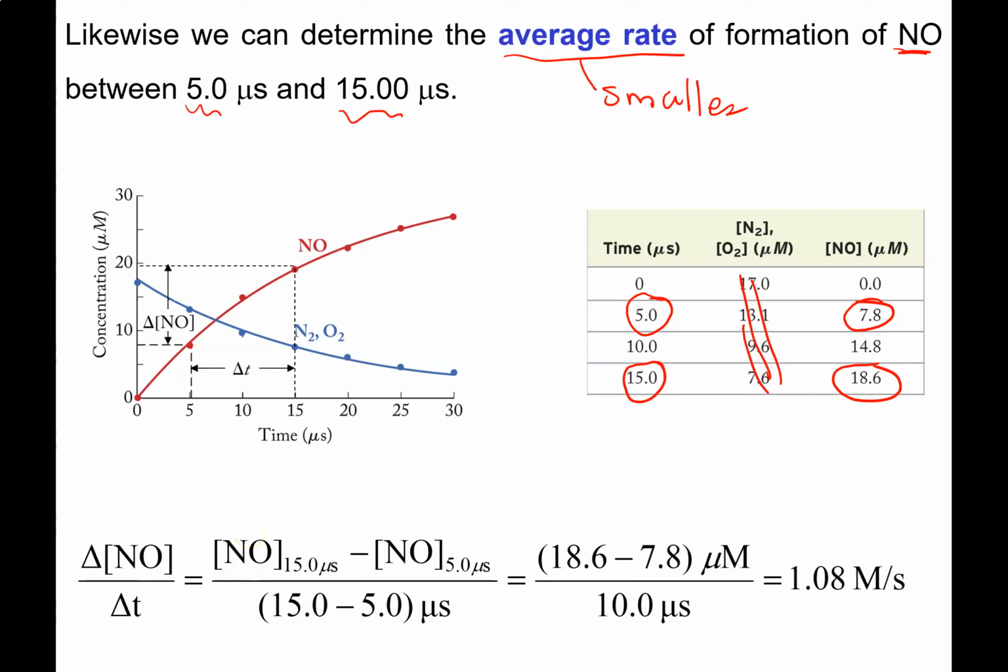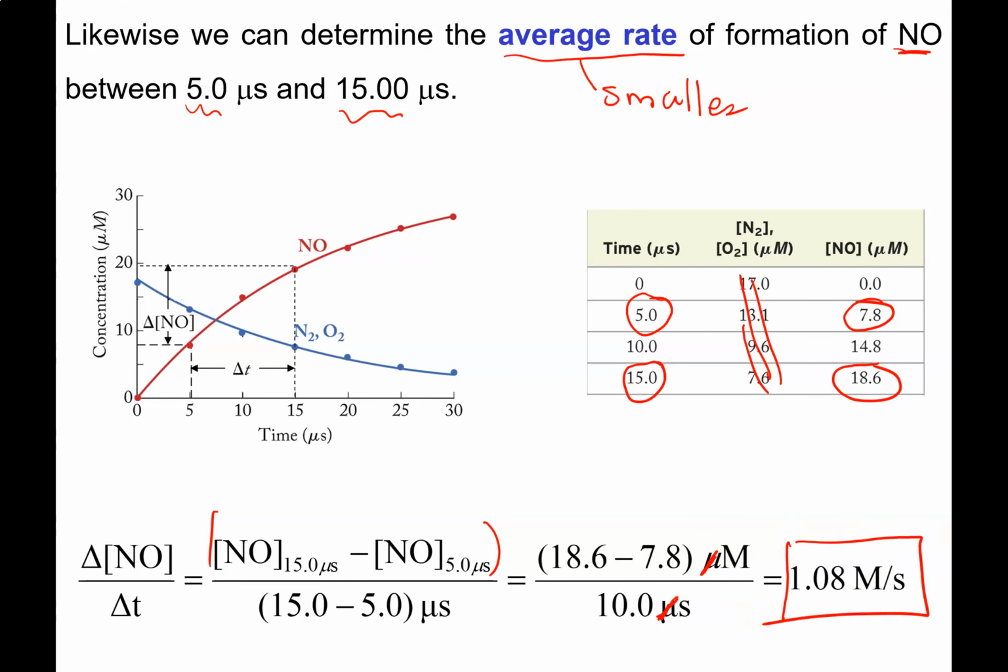So it's my final value for the concentration of NO, which is 18.6, minus my initial value for the concentration of NO, which was 7.8, divided by my final time, which was 15 microseconds, minus my initial time, 5 microseconds. And I remember to keep these in parentheses when I'm entering that into my calculator. Again, the micros are going to cancel out, leaving me with the correct units, and sure enough, it's smaller than